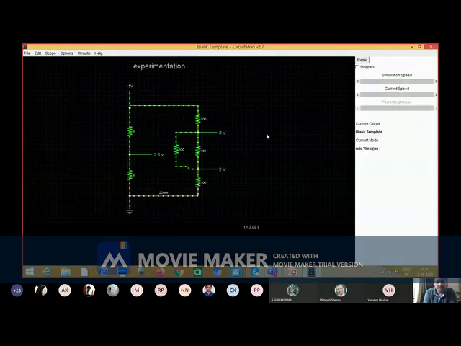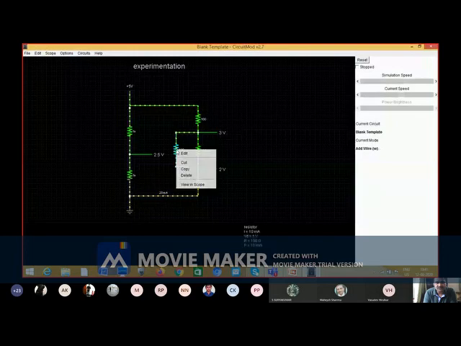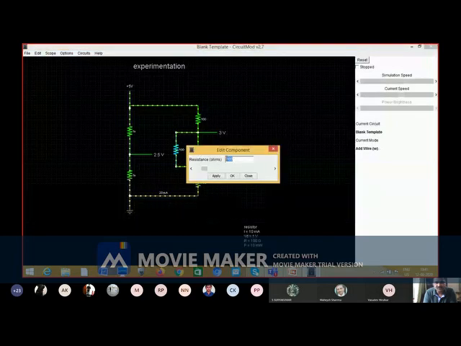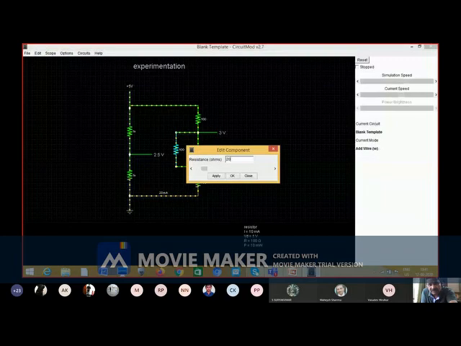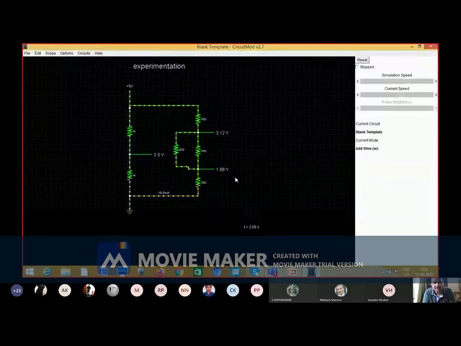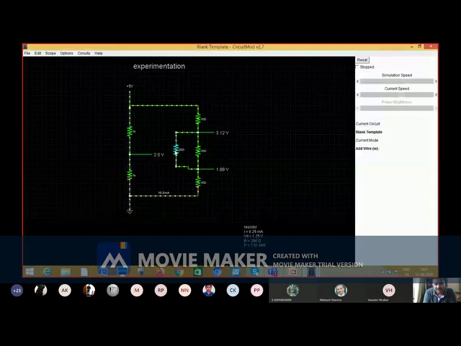So now you can see. So here current gets equally divided, correct? Because of these same resistors. So if you change this, suppose instead of 100, if you take 200, you'll find how current distributes. You can see here current is 6.25 milliamp and here 12.5 milliamp, correct?